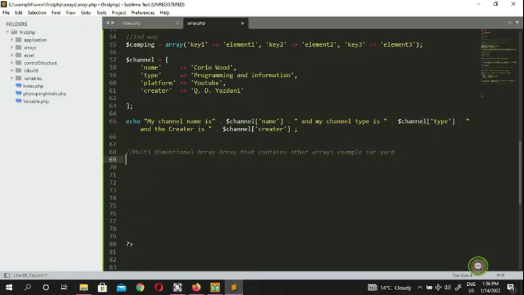Okay, so we give an example of a car yard because in a car yard, the place where they sell cars, there is an array that contains other arrays. So we're gonna create a multidimensional array. This is the first one, and it's gonna be the car name. The car name, for example, is going to be Toyota,